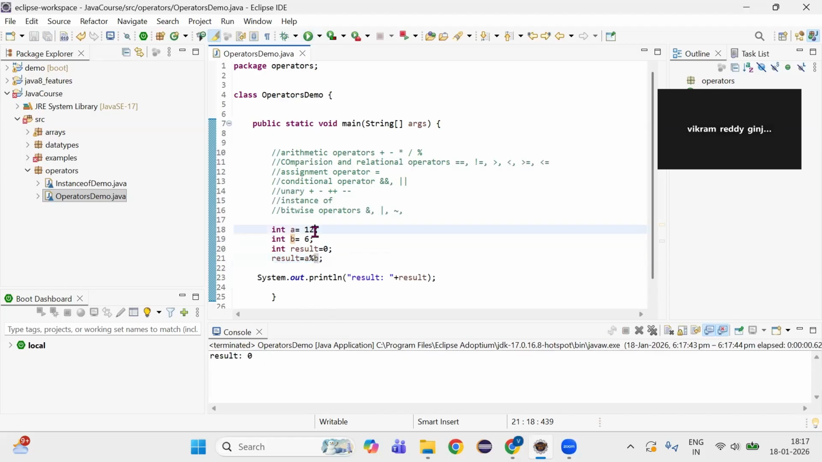Suppose I change the value of a to 11. So in this case, what should be the remainder? a by b, the remainder. So what will be the result? It should be 5, right? It's as simple as that. So these are the arithmetic operators. Now we see comparison, relational